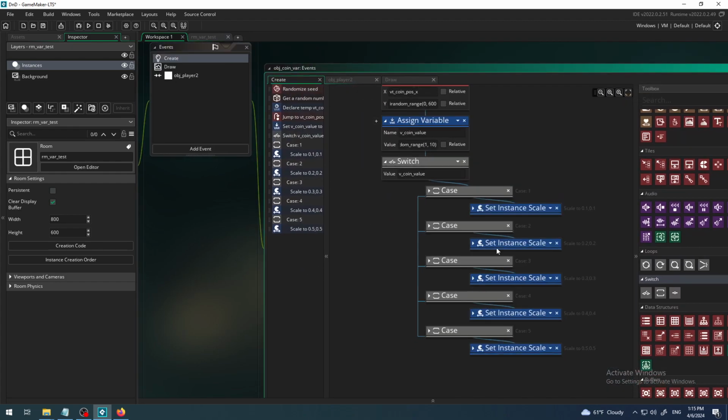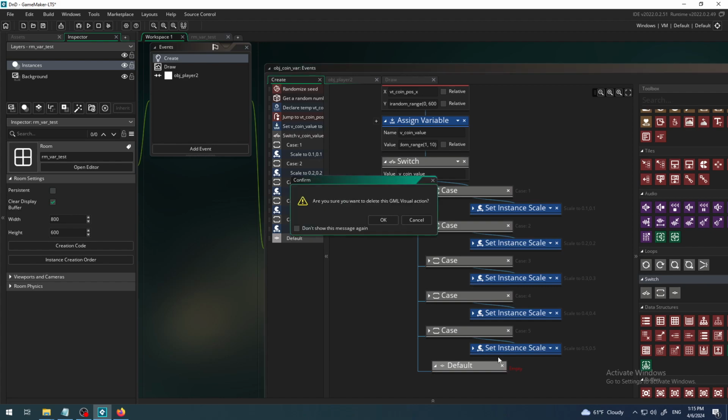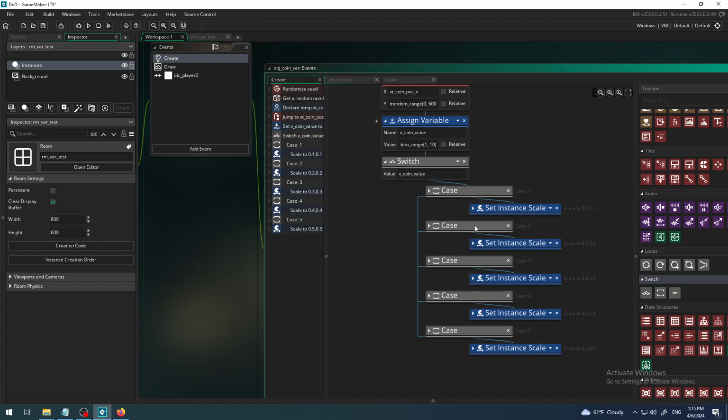So what you do then, you just say, okay, default value for my default, when any of those cases is not true, so no other cases match, so it's not 1, it's not 2, 3, 4 or 5. In any other case, use this code. This is default code. The problem here, I will delete it just to show you, is